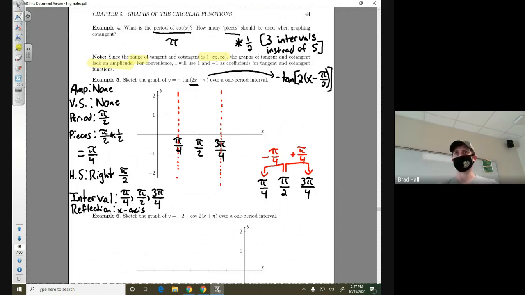And because there's not a vertical shift, pi over 2 is going to be on the x-axis. We're going to shade in at the x-axis. We are also reflecting about the x-axis, which means instead of increasing, we're decreasing. But the good news is we don't need any other points of reference. All you have to show me